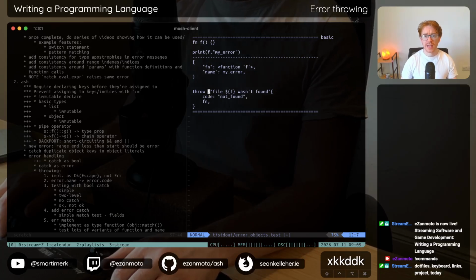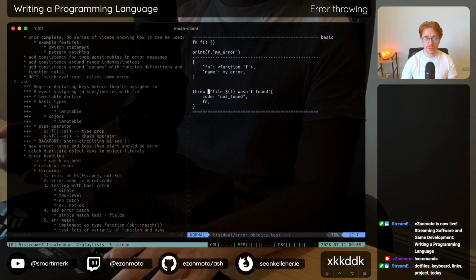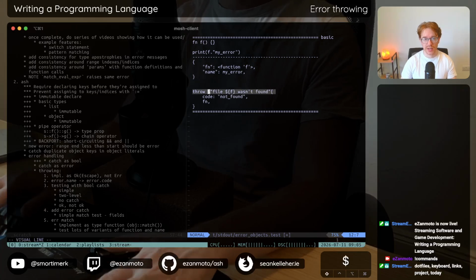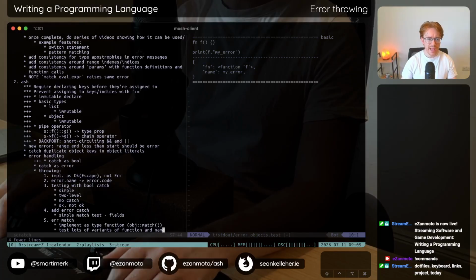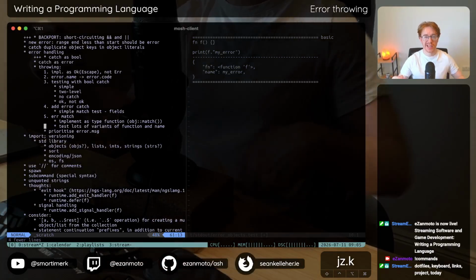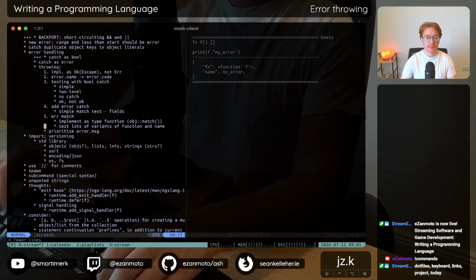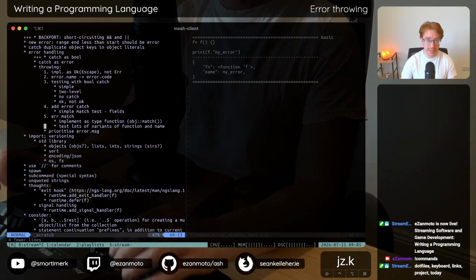But we're going to move away from the default being the error code and move towards the error being a string. That's going to change a lot of the dynamics, but I'm just going to keep implementing the next few bits